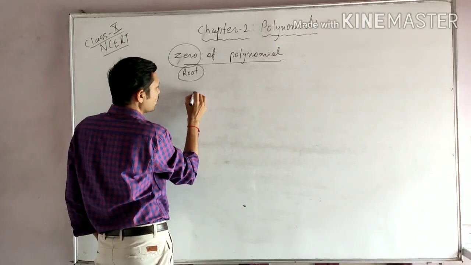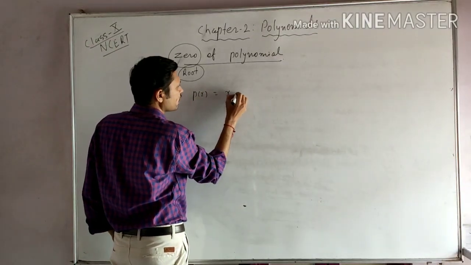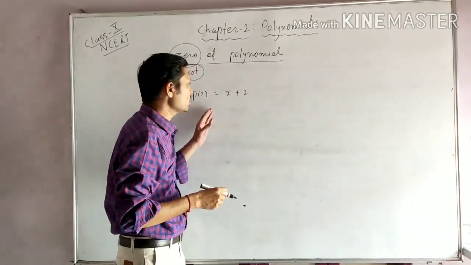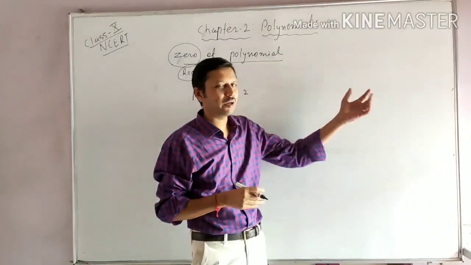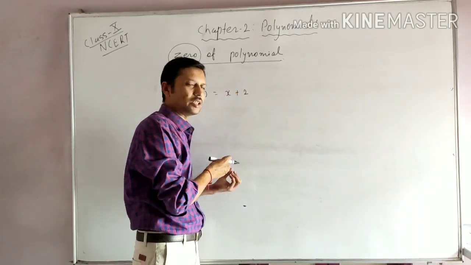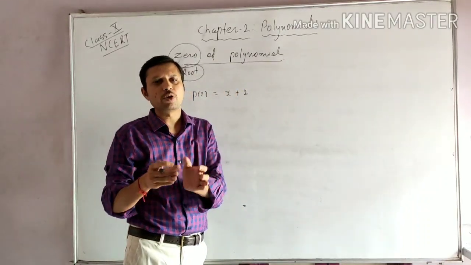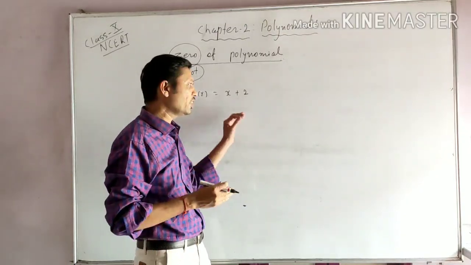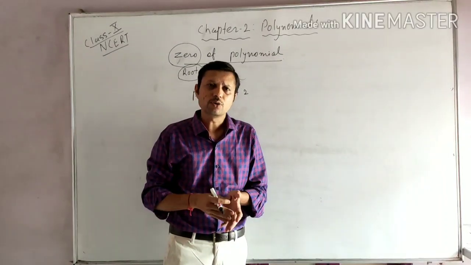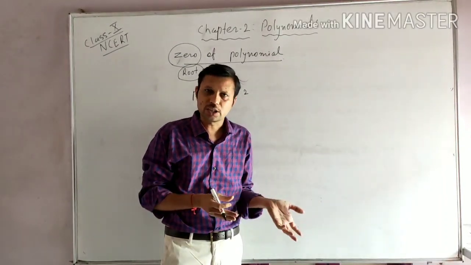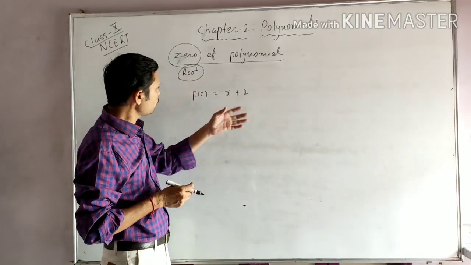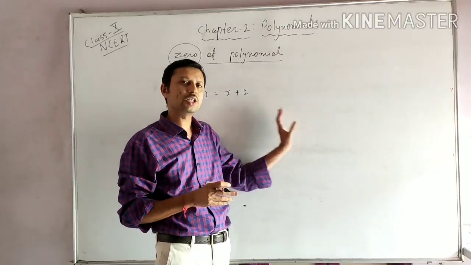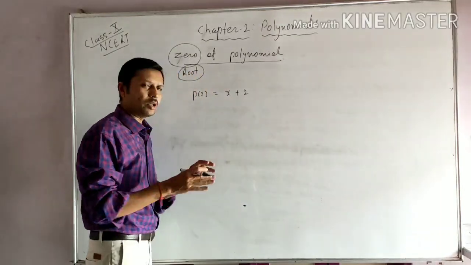Now, suppose we have one linear polynomial, P of x is equal to, say, x plus 2. And if somebody asks, find out the zero of this polynomial. At the specific value we have to check, so we can simply replace the value in the polynomial, and if we get the polynomial value 0, then that is considered a zero of the polynomial. And if we didn't get the value of polynomial 0, then we cannot consider it a zero of the polynomial. But suppose nothing is given, only a polynomial is given, and somebody asks to find out the zero of this polynomial.